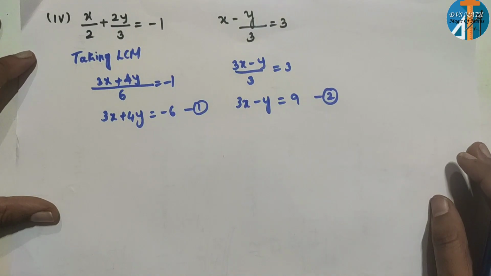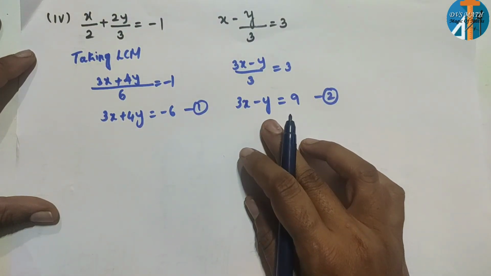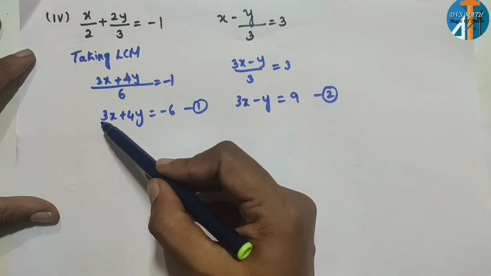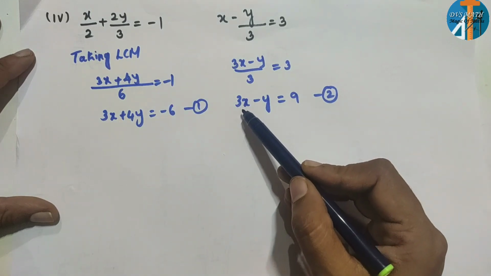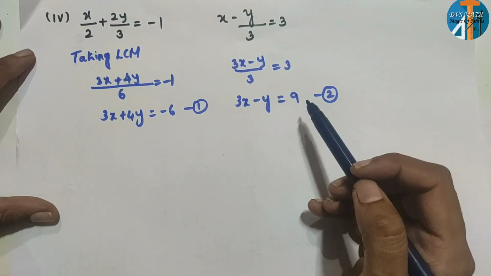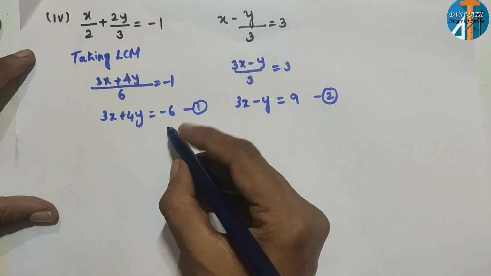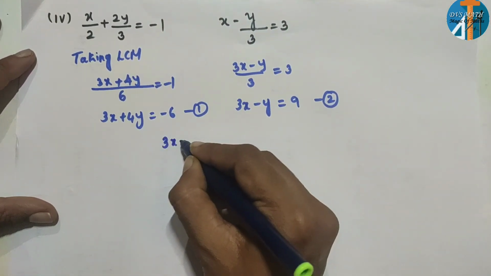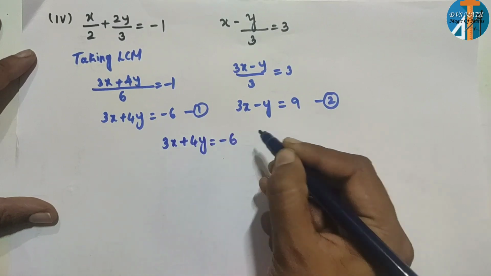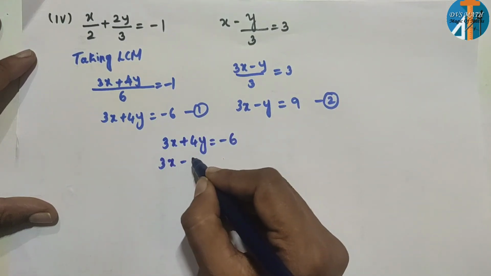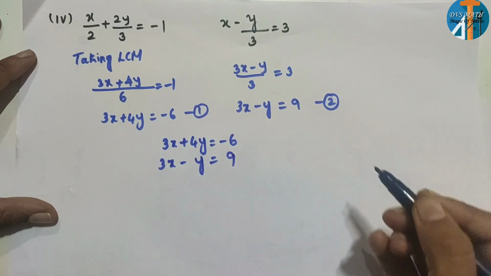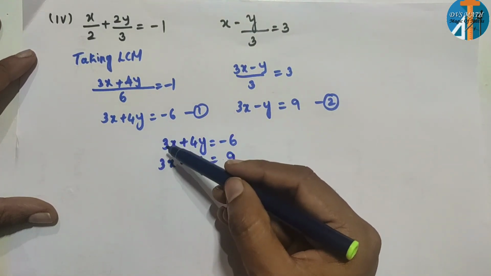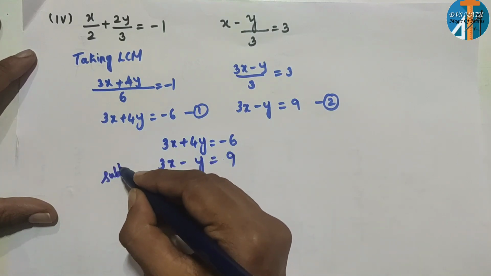So here we are using elimination. As we are using the elimination method, first thing we have to observe is the coefficient of x or y should be equal, right? So if you observe here it is 3x, here it is 3x. Yes, right? So both are equal now. So we can eliminate this x. So let us write. 3x plus 4y is equal to minus 6. 3x minus y is equal to 9. As both have the same sign, what do we have to do? We have to change the sign. Changing sign means we have to do subtracting.